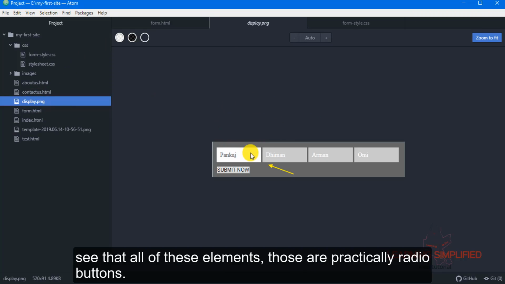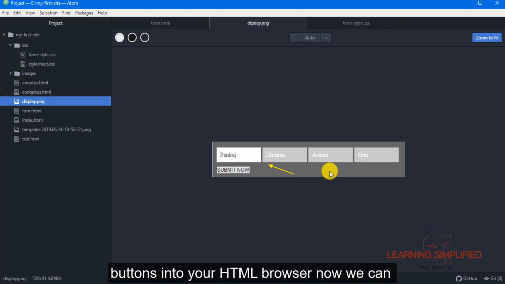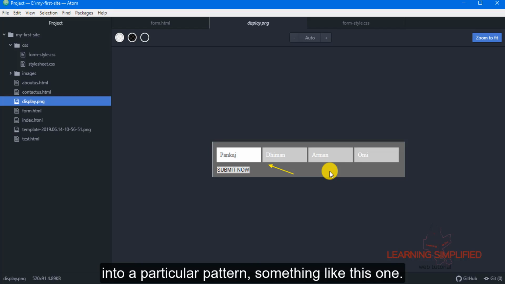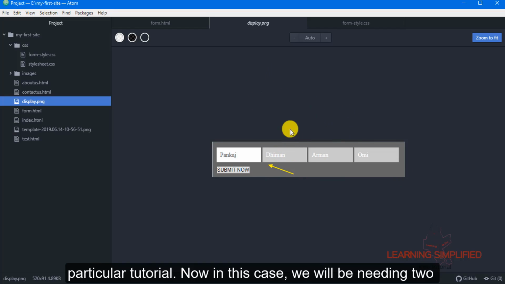There you go. You can see that all of these elements are practically radio buttons. Instead of those circular buttons present in your HTML browser, we can now customize all those radio elements into a particular pattern, something like this one. So this is the thing that we are going to learn in this tutorial.